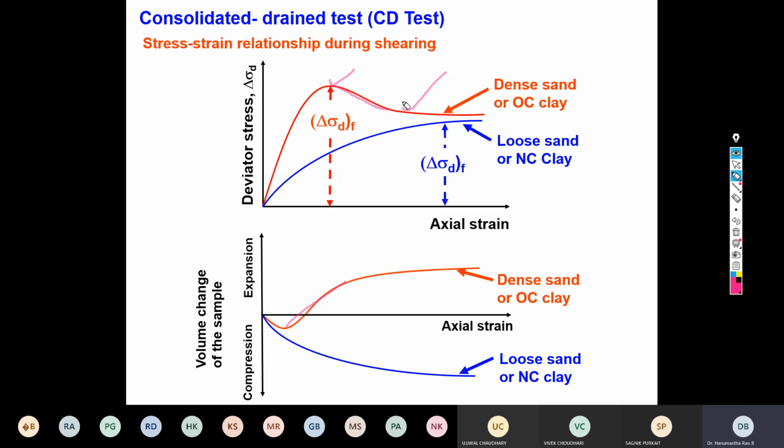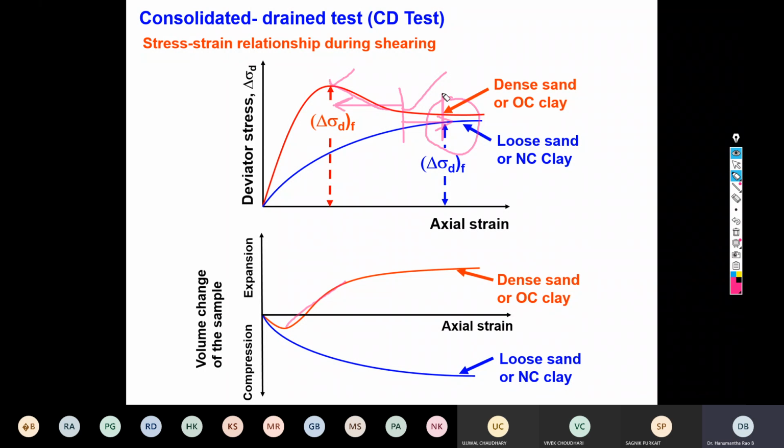And thereafter, from this point onward, it indicates that the particles have aligned themselves so that they now move parallelly. So they simply slide, no more rolling. The rolling is already completed at this stage. So this part, rolling is over, and this part they will simply slide. That's why this point is also called the critical state condition, and the critical state condition is called the residual strength. So this is the peak strength and this is the residual strength, and this point is typically the critical state condition.